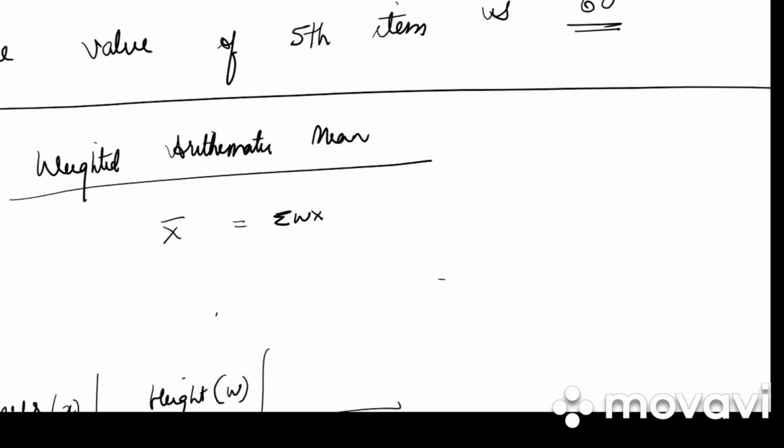So we learned how do we find out the corrected mean and how do we find out the missing value. Take down the next side heading. Weighted arithmetic mean. This is the same like your direct method, but only difference is formula will be x bar is equal to summation wx divided by summation w, where w is weighted average.